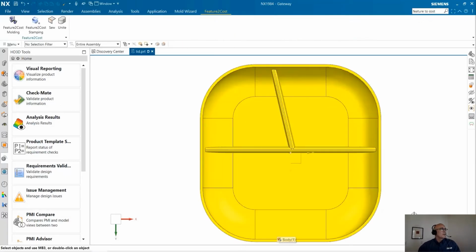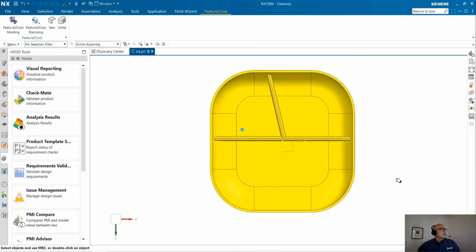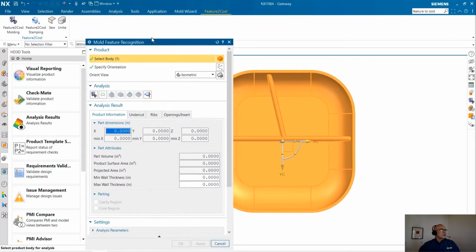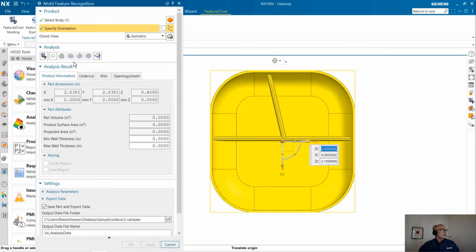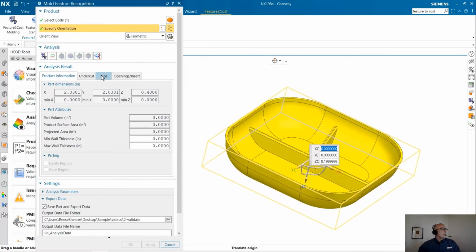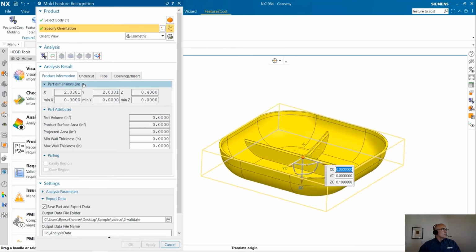The other option here is the feature to cost. And again, with that, you have feature to cost with stamping, and you also have it with molding, so that's your plastic parts. So I'm just going to select that, and it's just basically working your way top down and then left to right. So walking my way down into the product information, it's going to give me,